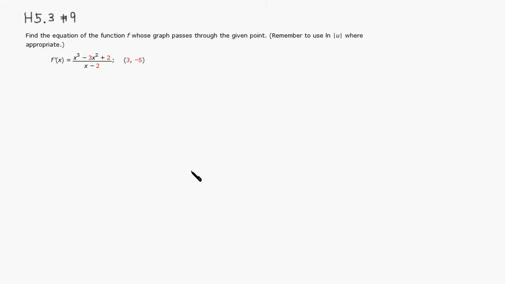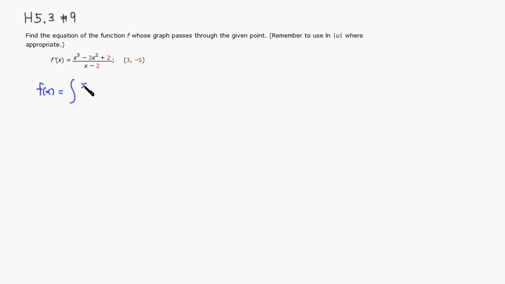Okay, let's look at homework 5.3, number 9. We have a derivative given and also a point that the original function goes through. So this is basically an initial value problem. We need to find this. In order to find the original function f of x, we need to take the antiderivative of the given